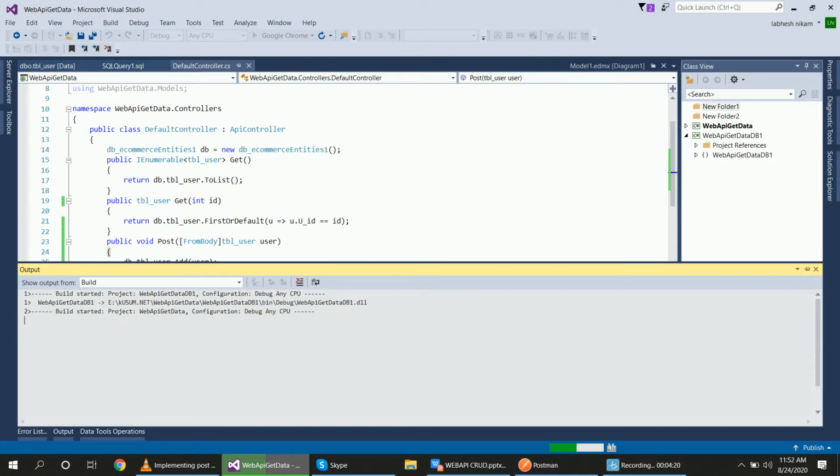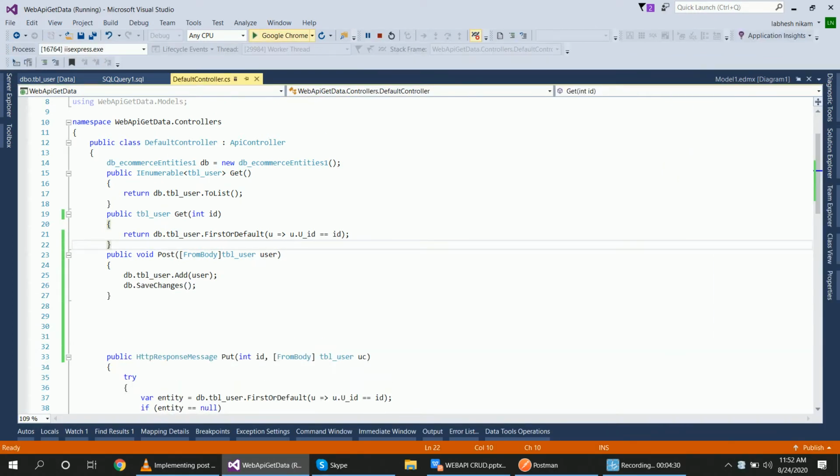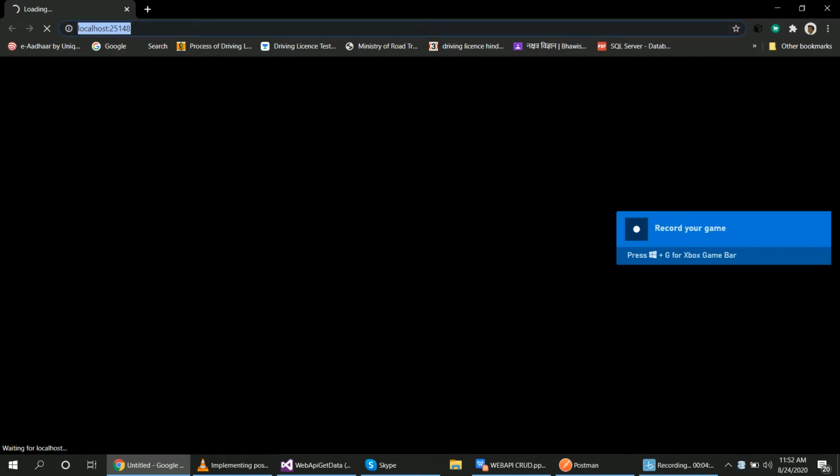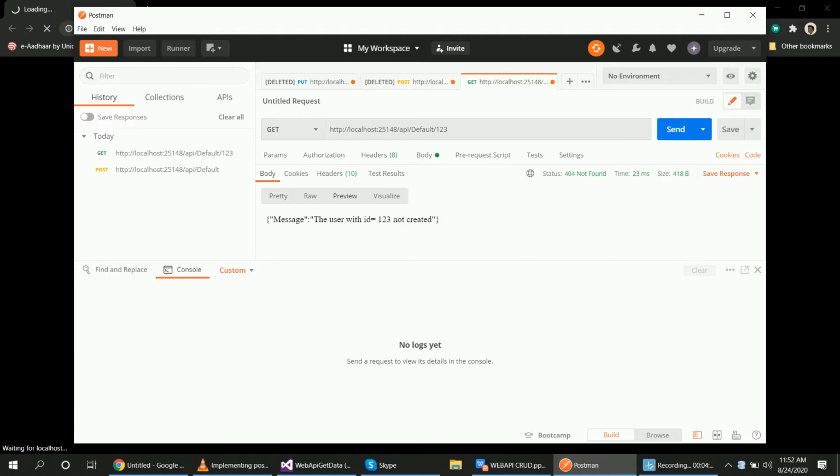Here I have two projects, so two succeeded. If one, then one succeeded. Both my projects have succeeded now, and I will run the project. After running the project, I will select this localhost link, and in the Postman application I will paste it.